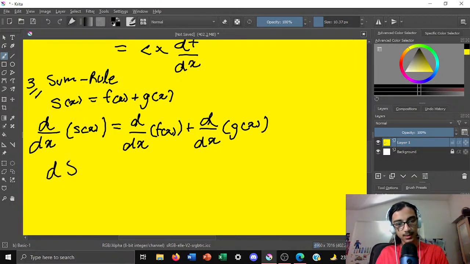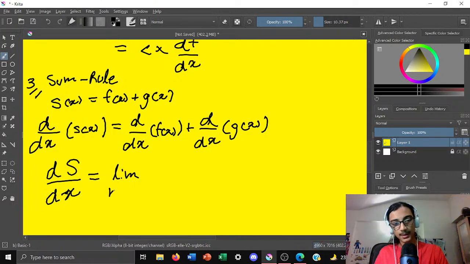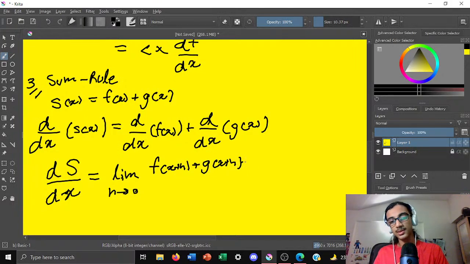So ds dx, once again I'm just writing it in the other form for the sake of compactness, is going to be, as we know, limit as h approaches 0 of, now s of x plus h is just going to be f of x plus h plus g of x plus h. So I can write that down accordingly, right? So we get f of x plus h plus g of x plus h, and now for s of x, just write minus here,